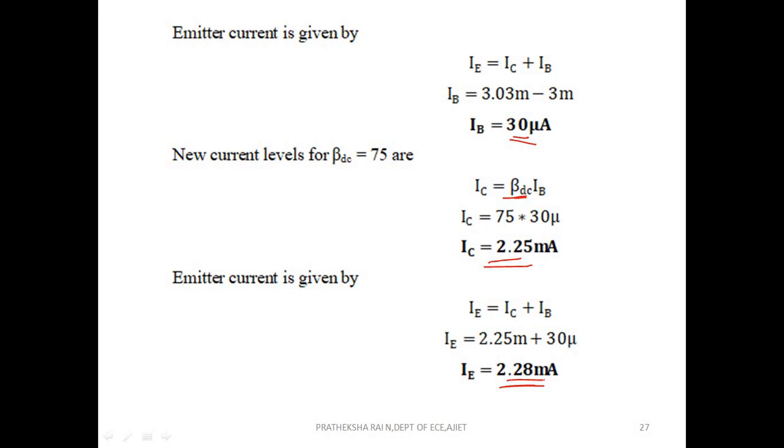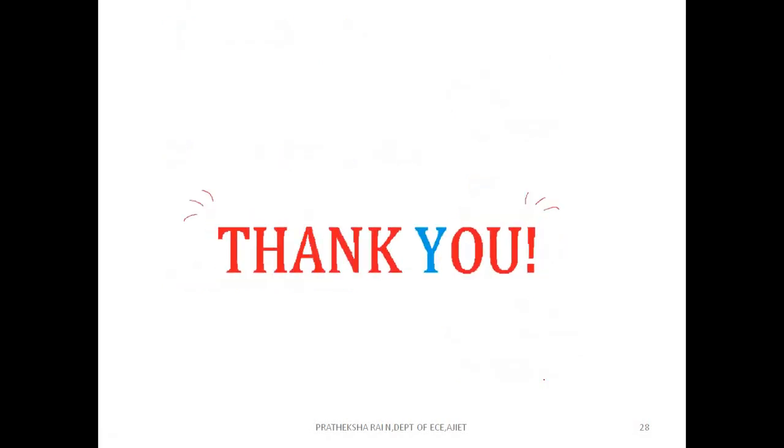So in all the three cases you have to understand the relationship between emitter current, collector current and base current with respect to alpha DC and beta DC. If you know that very well, then you can score easily in transistor current types of problems. We have studied about the BJT, bipolar junction transistor, its two types, NPN and PNP, and the relationship between the currents IE, IB, IC. Emitter current is equal to the summation of base current and collector current, and with respect to the relationship of alpha DC and beta DC, the derivation is very important.